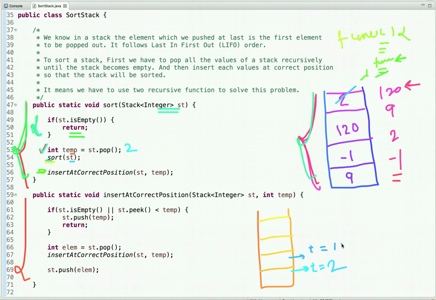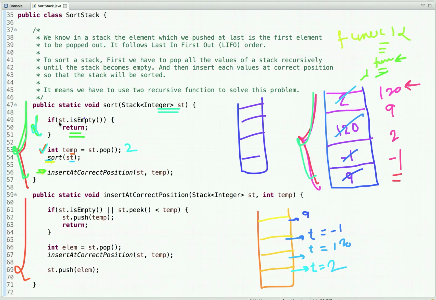We pop 120, and again we call this function recursively, and this time it is -1, and it will be popped out, and the stack is still not empty, so this time 9 will be popped out, and it will again call recursively. When 9 is popped out, the stack is empty, all elements have been popped out.